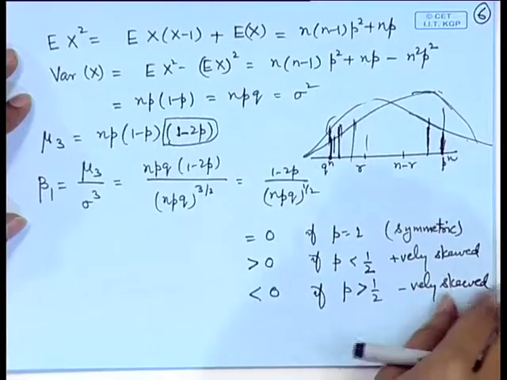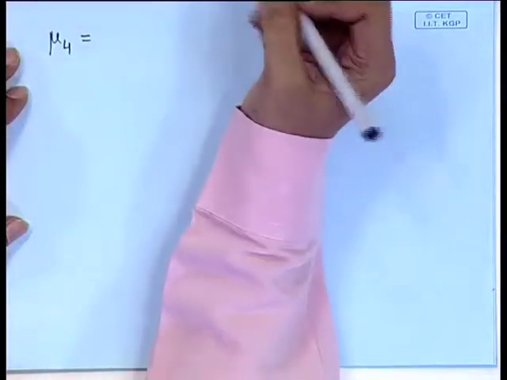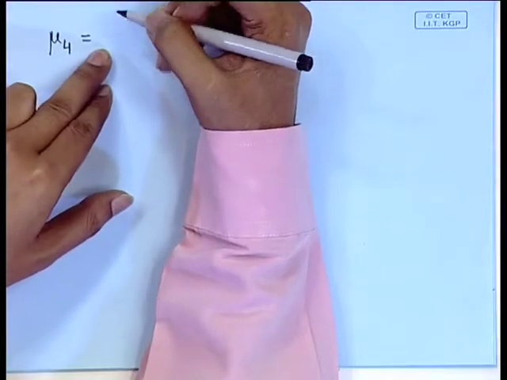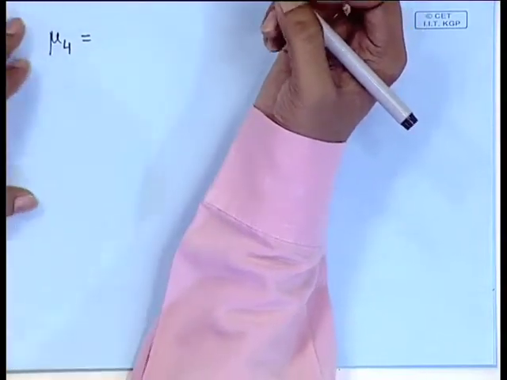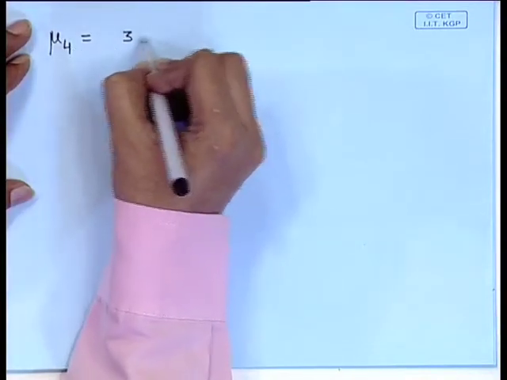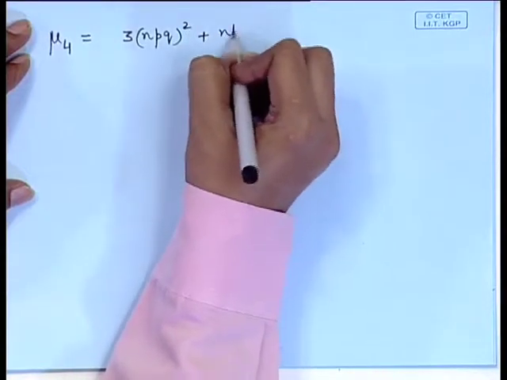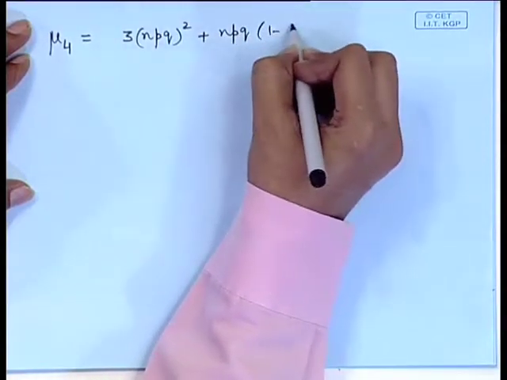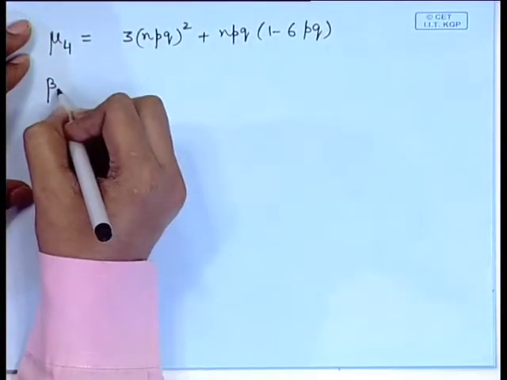Let us also look at the fourth central moment, and as I have explained the method of calculation, you will need to calculate mu 4 prime, which will require the fourth factorial moment, which can be easily evaluated. After using that, mu 4 turns out to be 3 n p q square plus n p q into 1 minus 6 p q. So, if you look at the coefficient